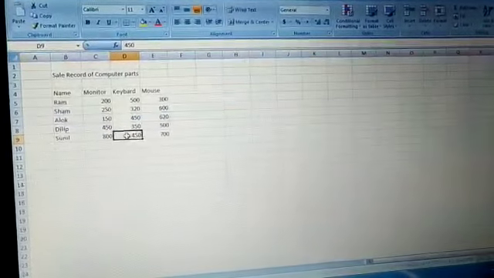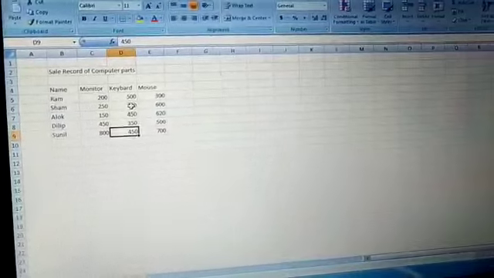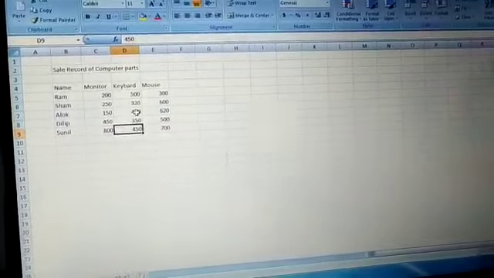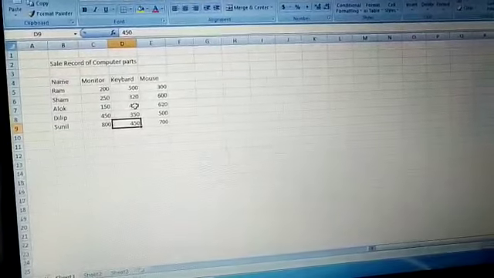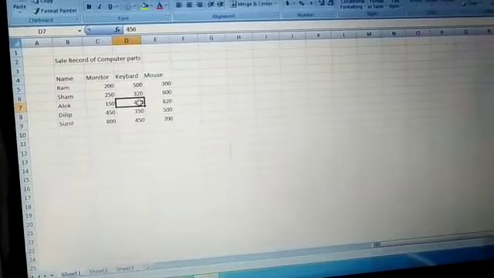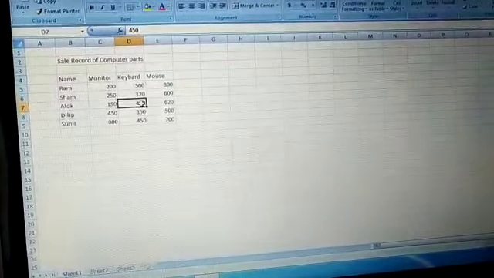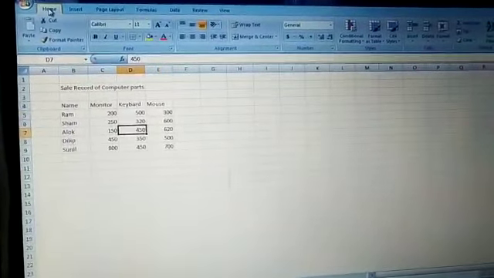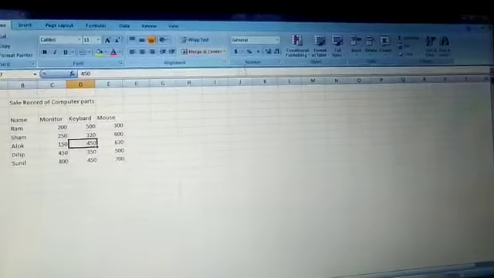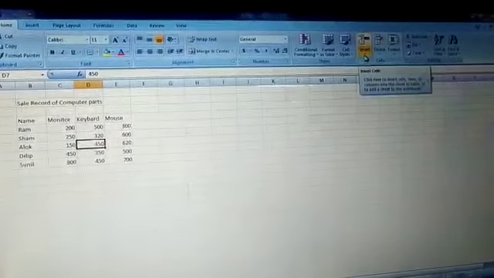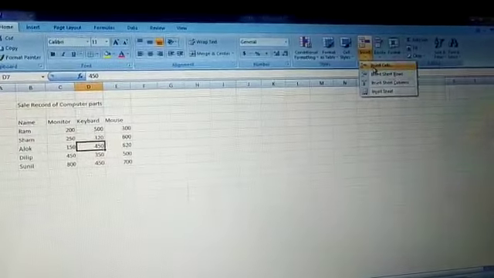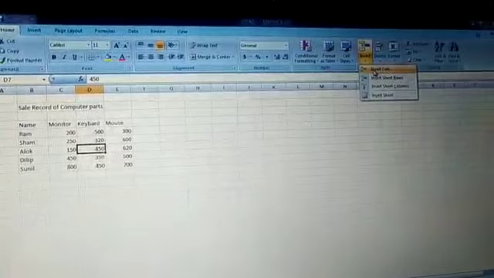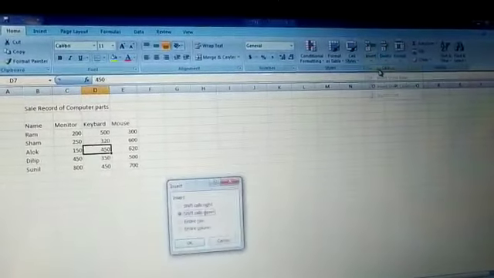Like here I am going to insert a new cell in between these two rows. So select the cell where you want to insert a new cell. Just select the cell and Excel will insert the same number of cells as you select. Click Home tab. On the ribbon, click on the down arrow of the insert. Here insert cell option is given on the top. Just click on it. A dialog box appears.